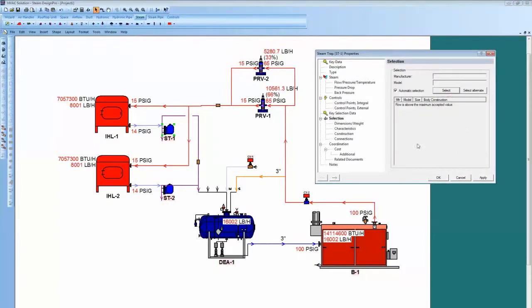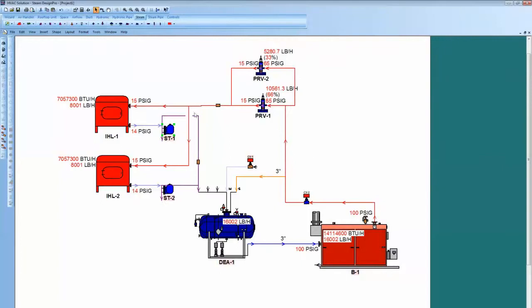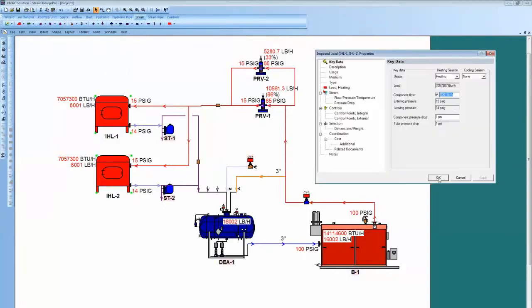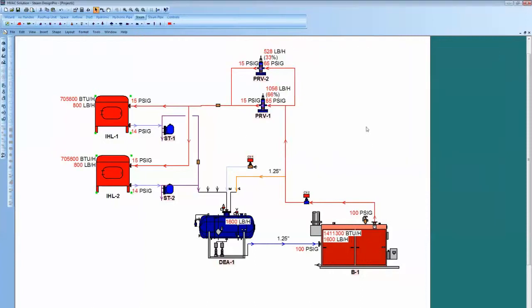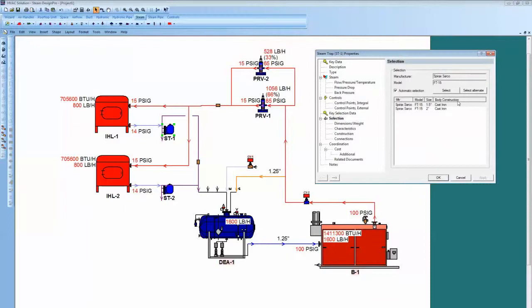Selection. Flow is above the maximum accepted value. So we'll come in here. I've got 8,000 pounds per hour. Wow. You know that's not going to work. I'll need that from 800 to 8,000 during the break. So let's go to 800. 800 pounds per hour. Now if I hit the thumbs up button, it should go away. Went away on the traps, went away on the PRV,